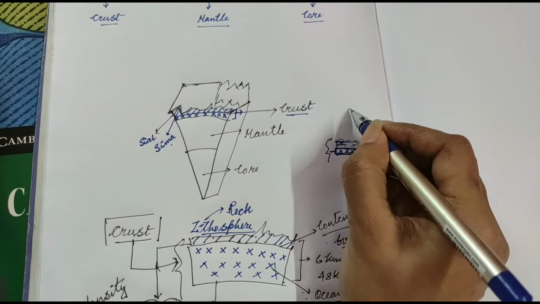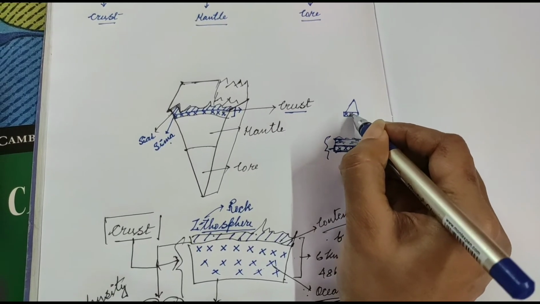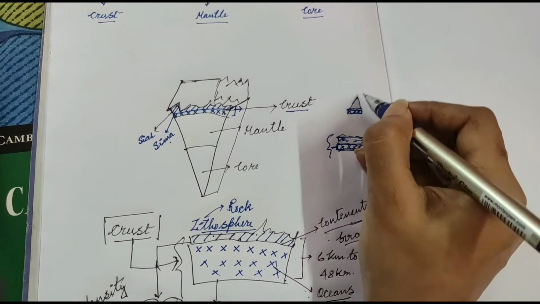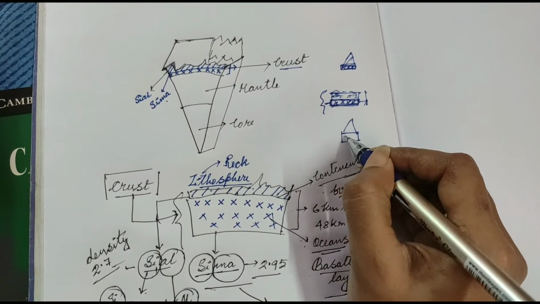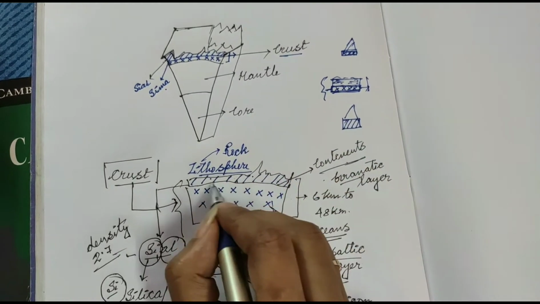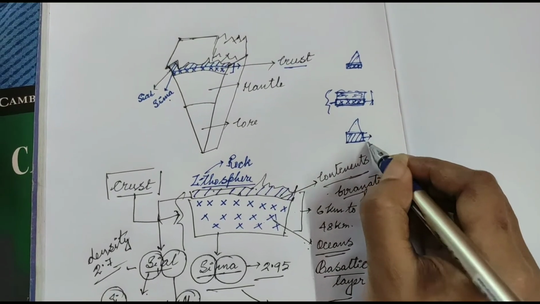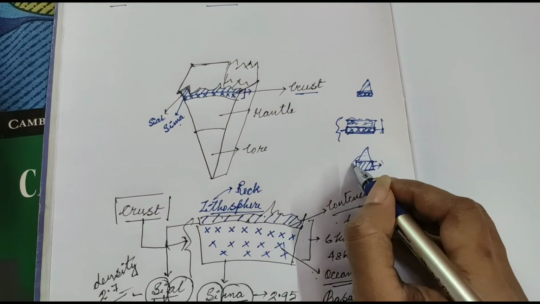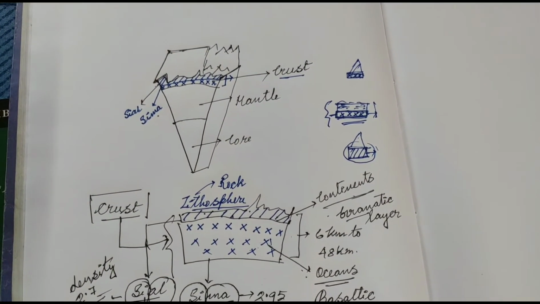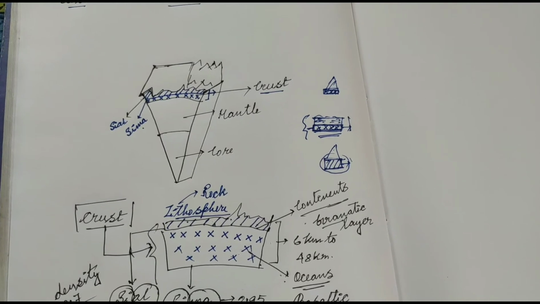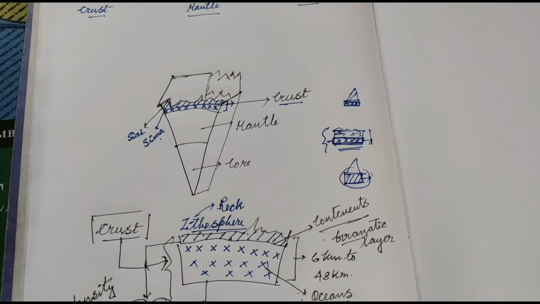But if that is mountain, under part of this the crust, sorry, not that, see here, drawing again, this part under the mountain is the thickest, and this part is the thinnest part. Under the ocean, the crust part is thin, and under the mountain, the crust part is thick. This is one interesting thing.